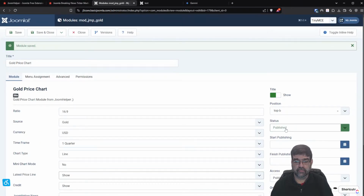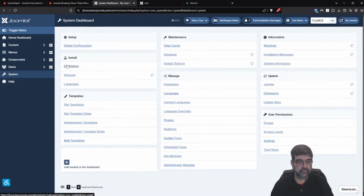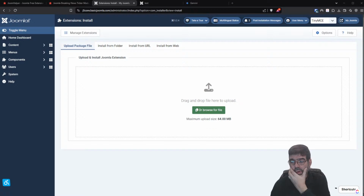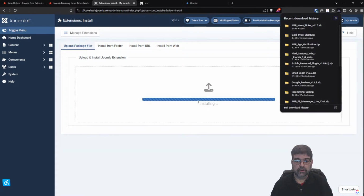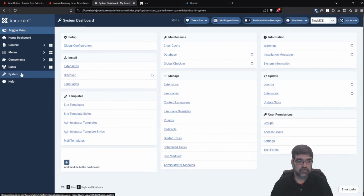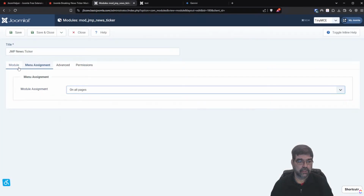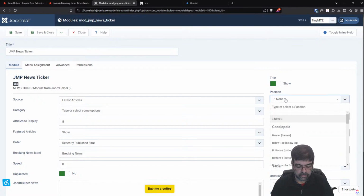This could be interesting. Let's unpublish this here. Oh, I didn't download it yet. Okay, so now go here. It's a module. So we'll go to Site Modules. All right, menu assignment, all pages, module published. And we're going to put this in top